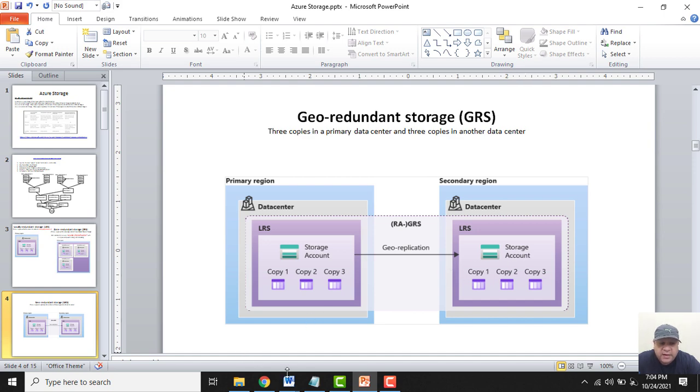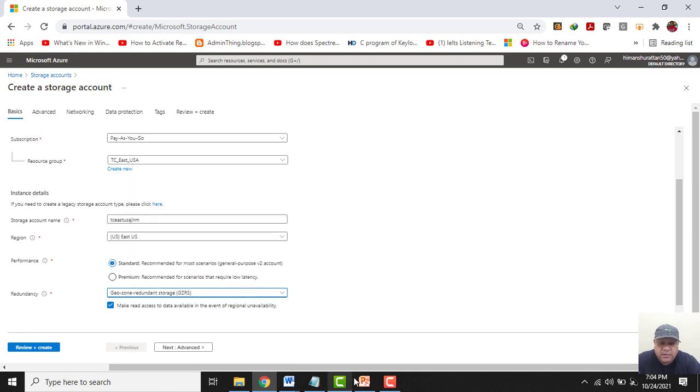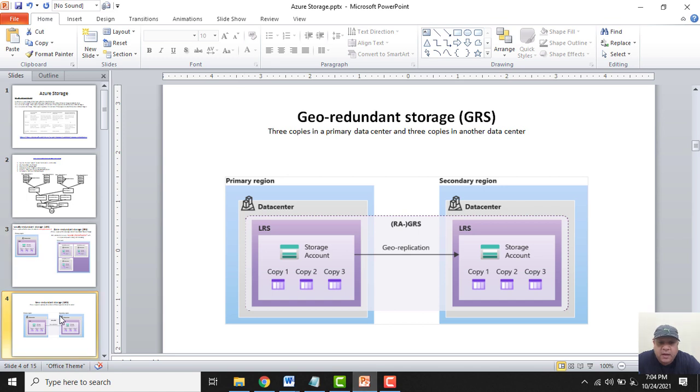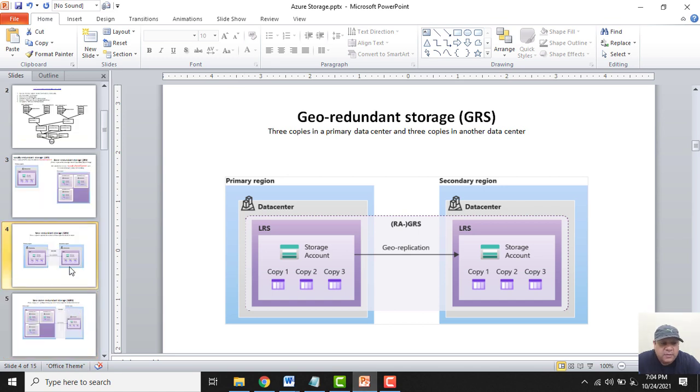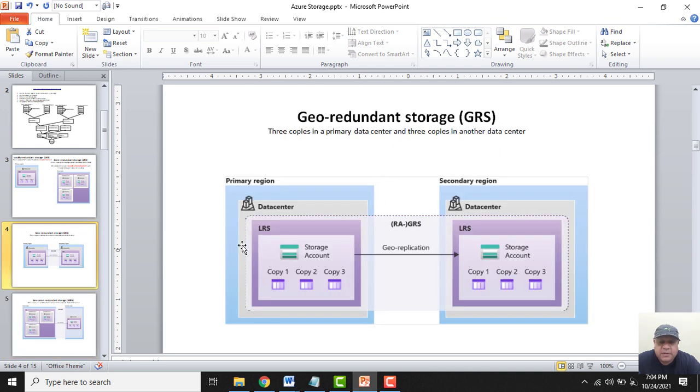And when I select the option GZRS, what will happen? Let's understand from here. Again I will get 3 copies of my storage account, but these 3 copies will be in different availability zones. It is not like in GRS, where they are in the same availability zone, in the same data center, in the same region.